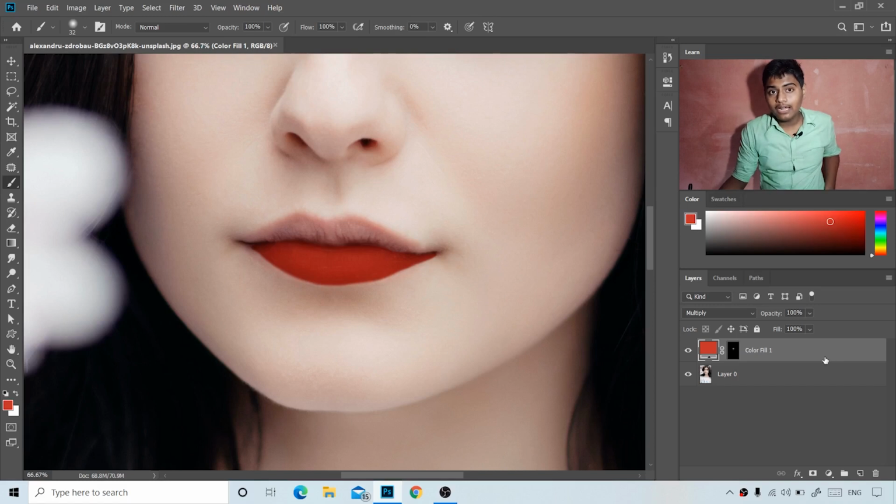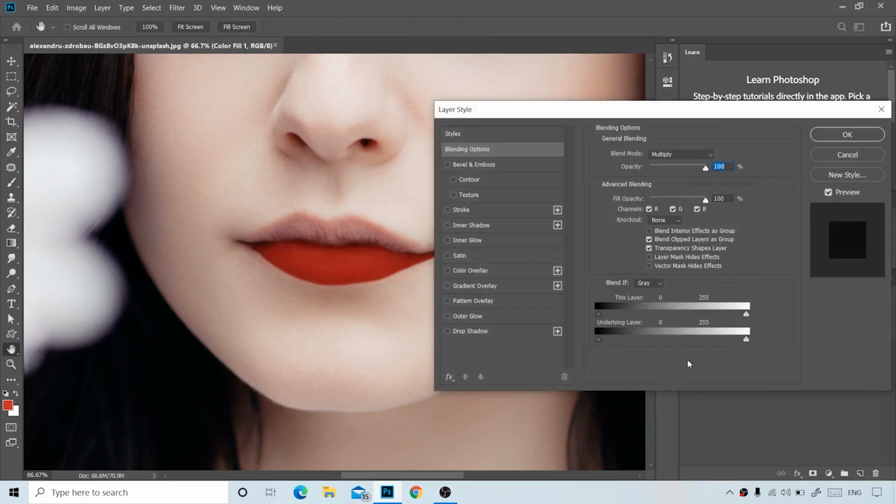For that we have to double click on the right side of the layer, and now we are seeing the Blending Options. This is the region of blending. Here there are some sliders. Now what are these sliders? What we have to play with is the Underlying Layer. So what is the underlying layer? Please simply understand this concept.